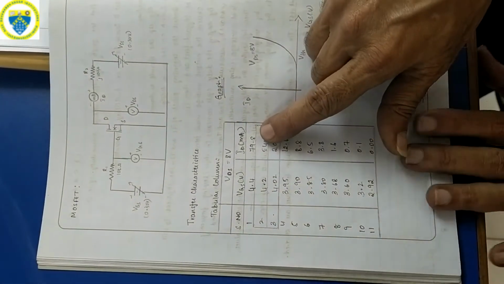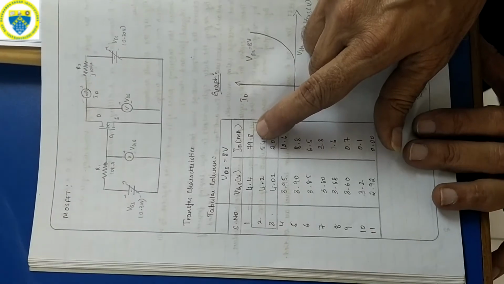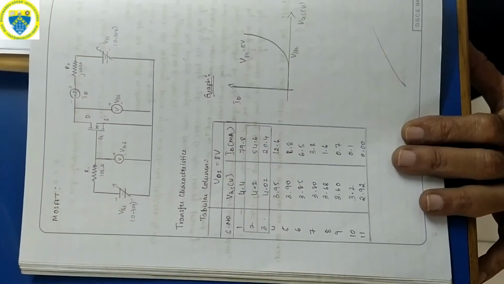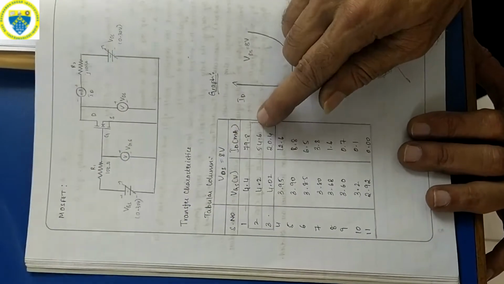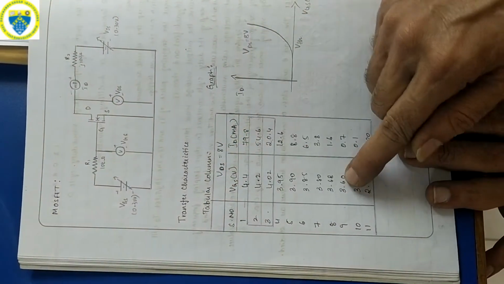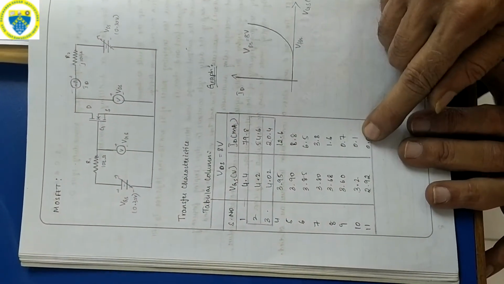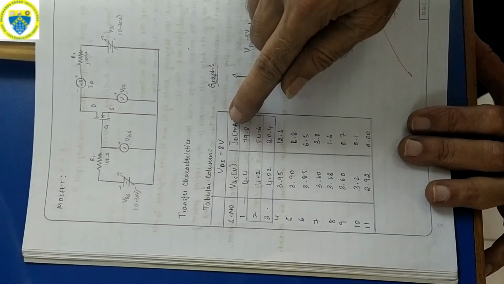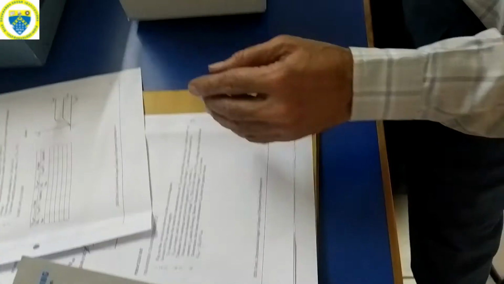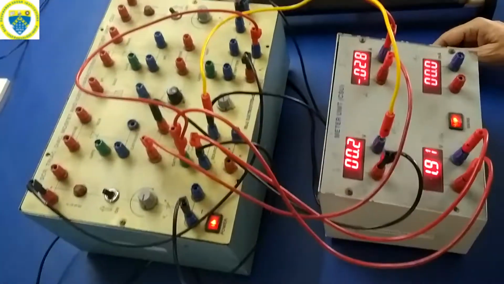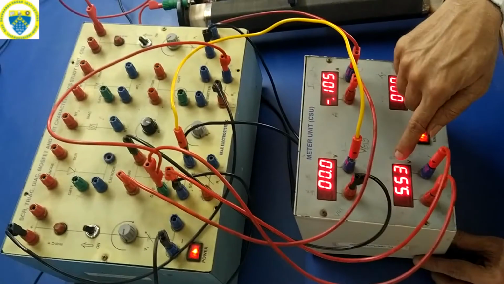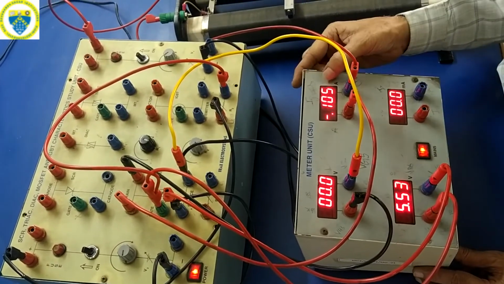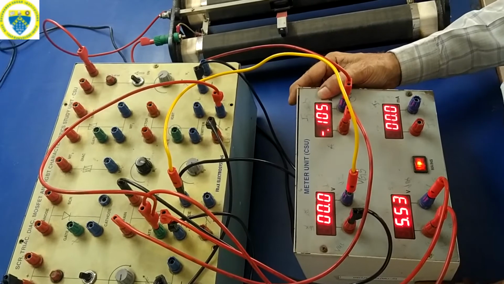Right now we will give the gate voltage and then establish the rated current. In this table it has been taken as 80 milliamperes. Now we have set it at 105 milliamperes, and by varying the VGS we should start noting down the variation in the drain current. Now I have switched on. Gate voltage is 5.5 volts, and 105 milliamperes is flowing through that.